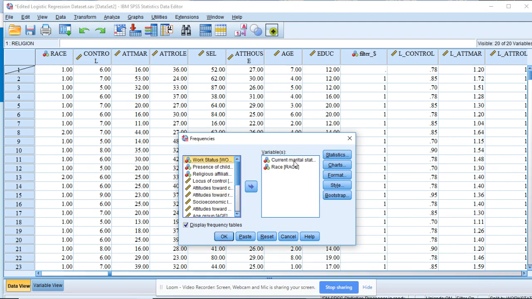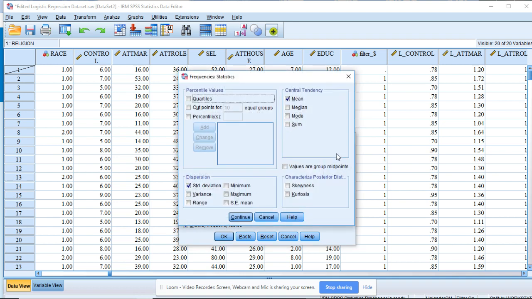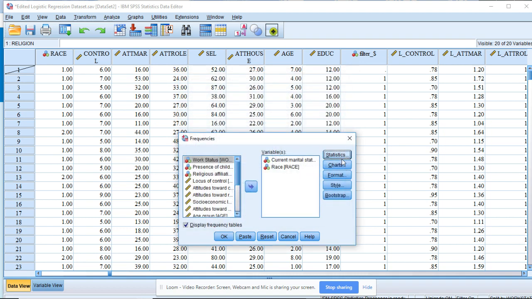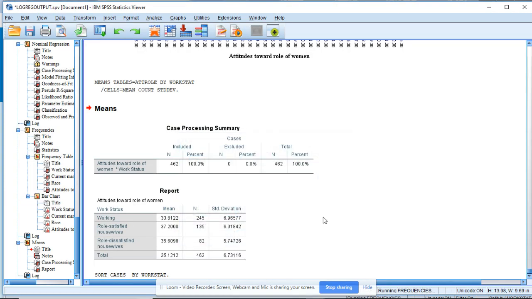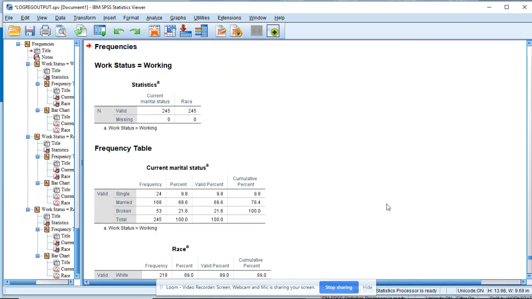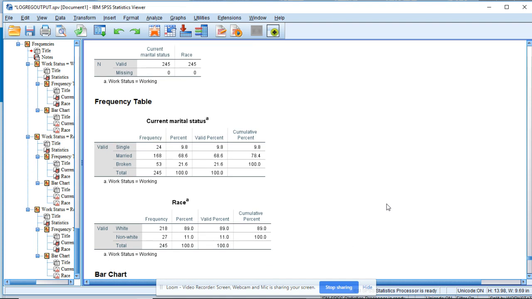Now we just want to know the marital status and race. And what do we want? We don't want the mean or standard deviation because these are nominal variables. So it's just going to show us the frequencies, and we can divide them to get percentages if it doesn't give it to us. So we'll click OK, and here it should sort it now so that we see,